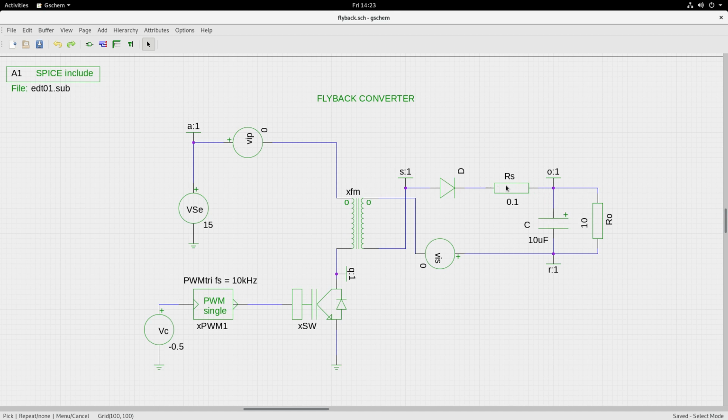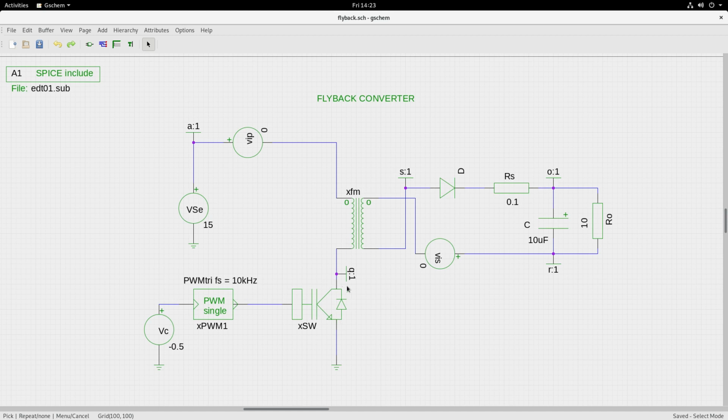I have put a small resistance here, RS 0.1 ohm. This is basically because the simulation engine can run into numerical instability. If you don't put this resistance, you will be connecting a capacitance directly across a voltage source, and that can give issues while simulating. So good practice to decouple that by putting a 0.1 ohm resistance. And you have the load resistance here, and I have the reference node R, output node O,